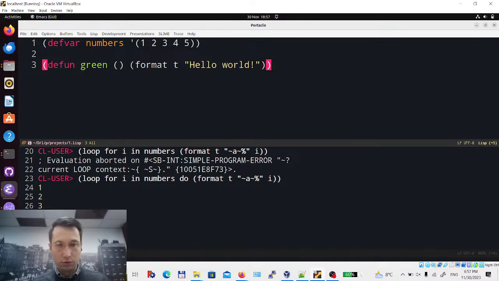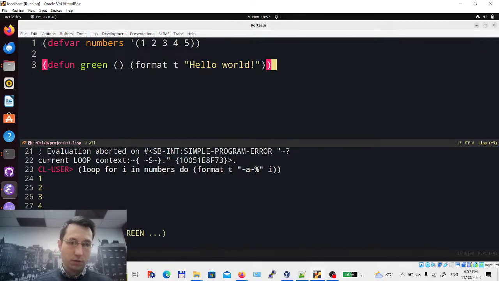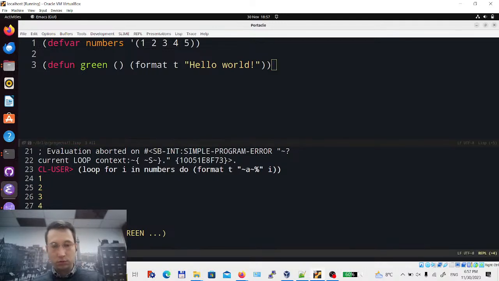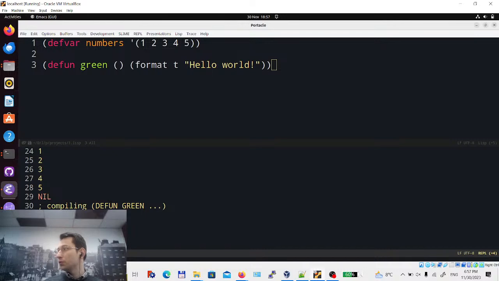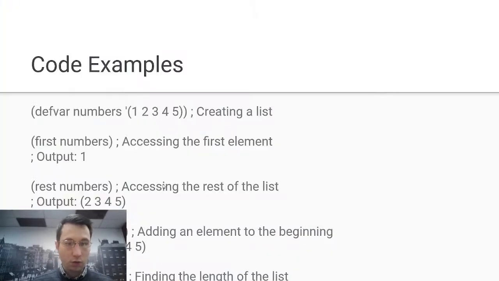So let's check. Compiling, and then we do green. Yep, it works. So the next step is how can we